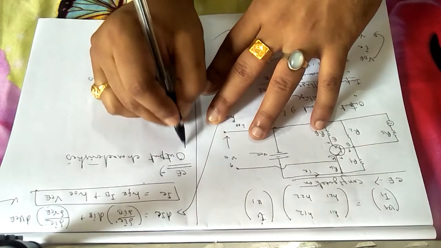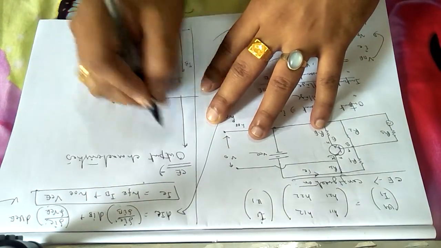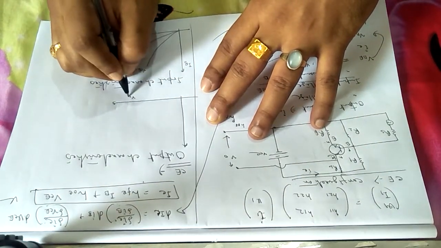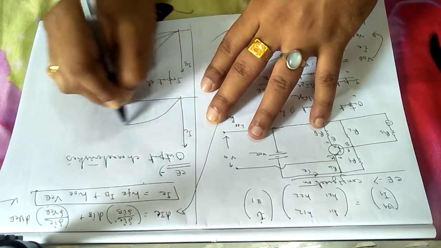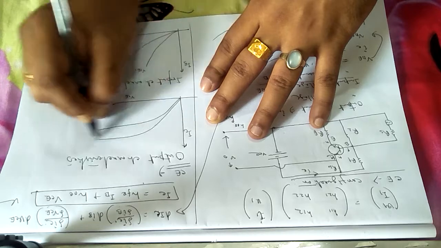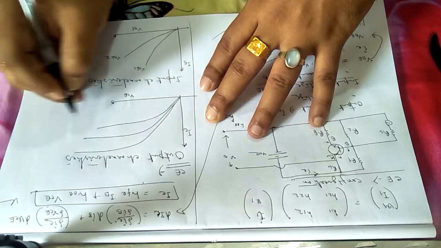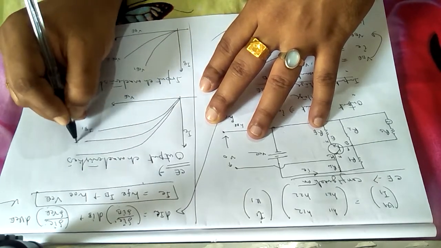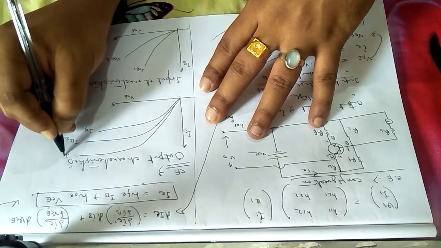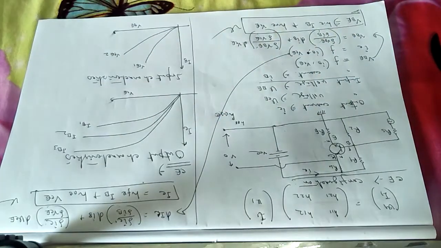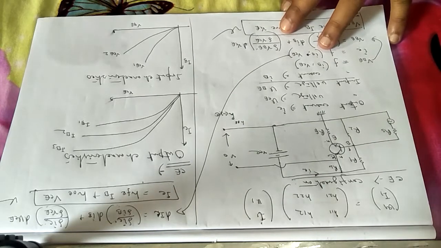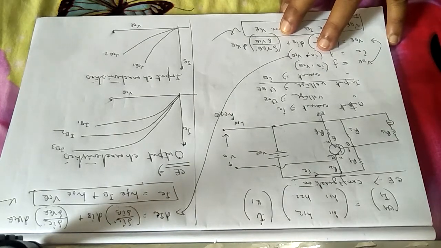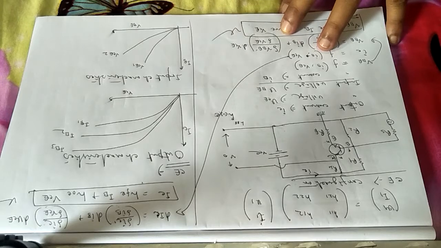And output characteristics was giving you the dependence between VCE, that is output voltage, and output current IC. How was the graph? The graph was looking like that. This is for IB1, then IB2, then IB3, and so on. You remember it? Probably you do. Now see, from that I can calculate all the hybrid parameters very simply.